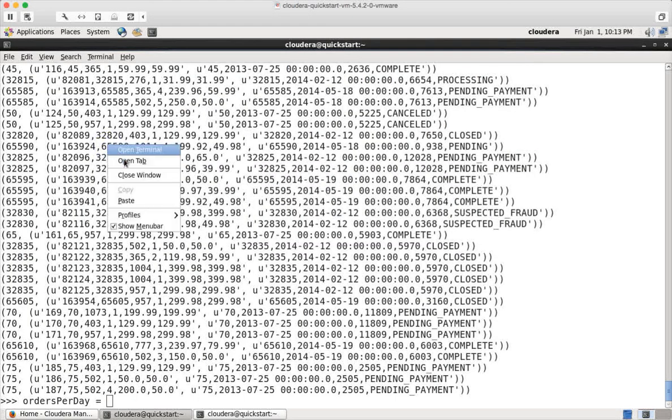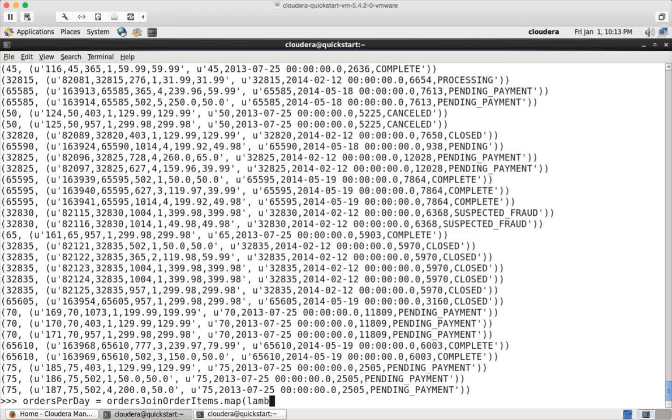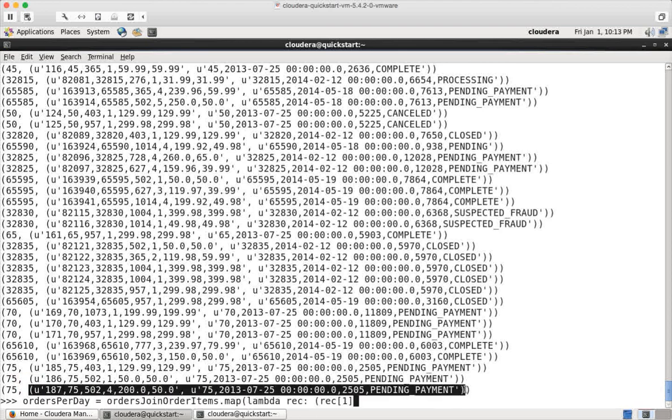So paste, and we have to use map lambda rec, and the first thing we need to get is rec of 1, because this is rec of 1, and then from that we have to get 1, which is this one, and then we have to split by